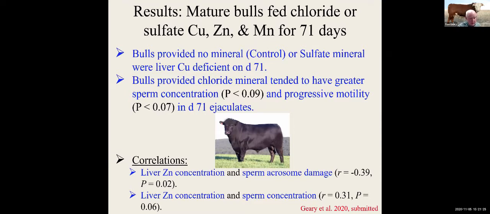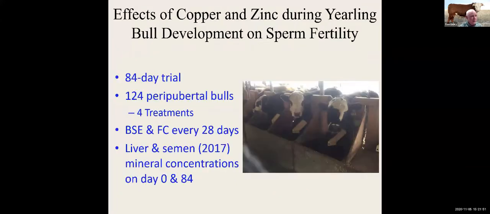When we looked at correlations, liver zinc concentration was correlated inversely with sperm acrosome damage. So bulls that had higher levels of zinc had less acrosome-damaged sperm in their ejaculates, and with a greater liver concentration of zinc, bulls again produced a higher concentration of sperm in the ejaculate. That was about it. So we said, well, we're going to look at peripubertal bulls, and so we decided to